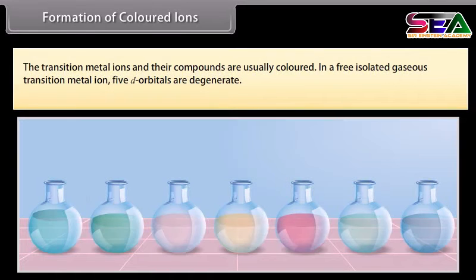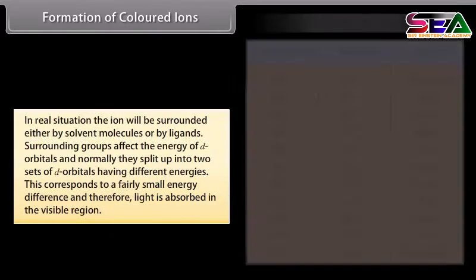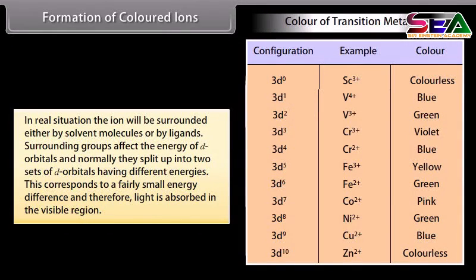Formation of colored ions. The transition metal ions and their compounds are usually colored. In a free isolated gaseous transition metal ion, 5 d orbitals are degenerate. In real situation, the ion will be surrounded either by solvent molecules or by ligands. Surrounding groups affect the energy of d orbitals, and normally they split up into two sets of d orbitals having